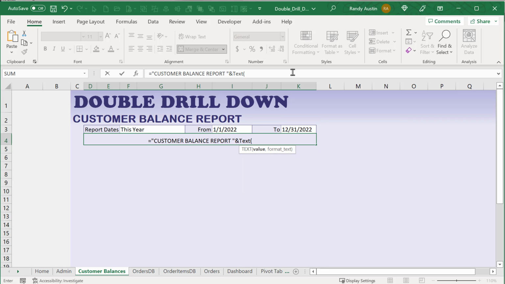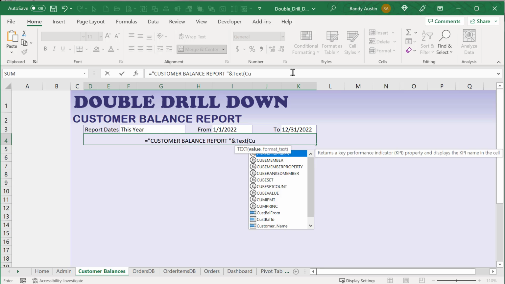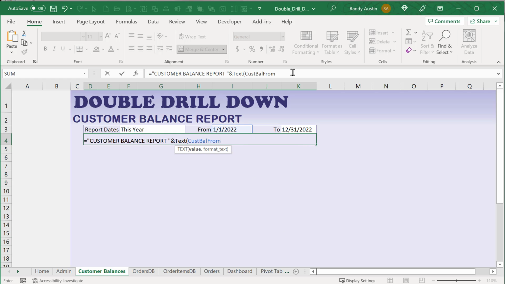Then what are we going to text? I'm going to text first the from date, so it's going to be called customer balance from date, then a comma, because that's the date. And for the format, I'm just going to give it mm/dd/YYYY. Okay, 4 Y's. Close the parentheses. And what else? I want a space and a dash, so quotation, space, a dash, and we can use "to" or dash, that's fine. So we'll just use a dash and another space and the quotations,